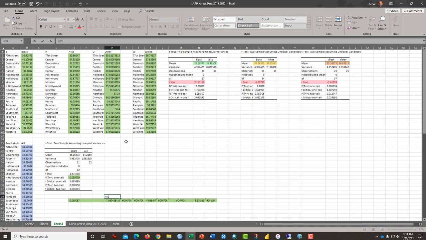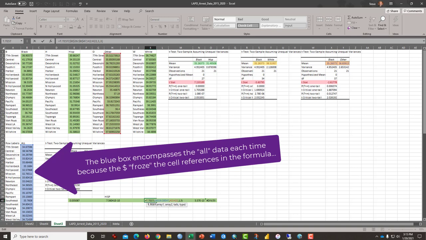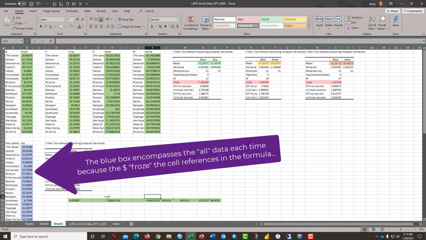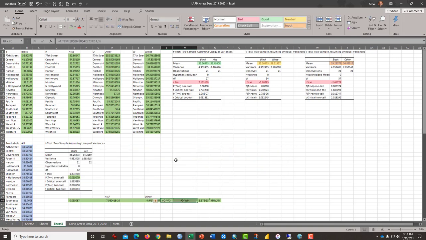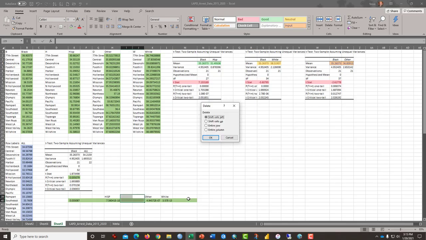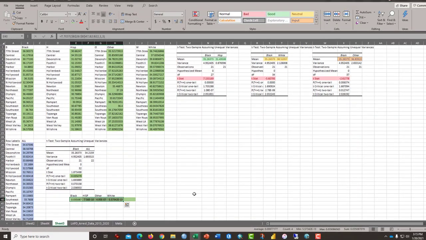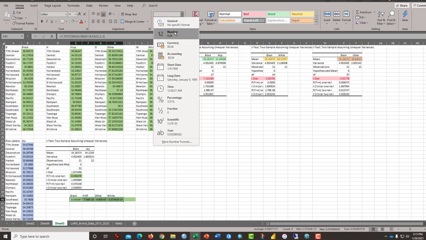So I could put Hispanic here, delete these, and press F2 or double click to open the formula editor, and we can see that this is other, then delete, delete, and this must then be for white. Now I'm just going to delete some cells, and then make sure that all of this data is in number format,